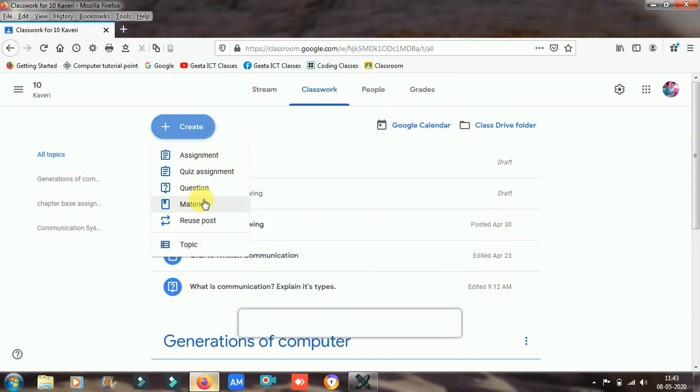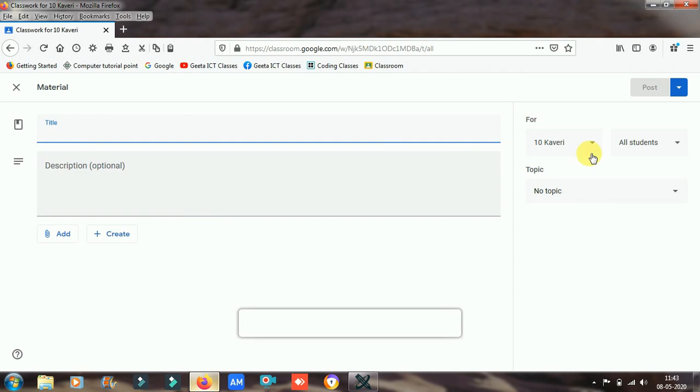If you want to share any material with the students, then this is the way you can type any title about that material, for example parts of computer. Any description you can type here. And next is all students, if you want to share with all students.